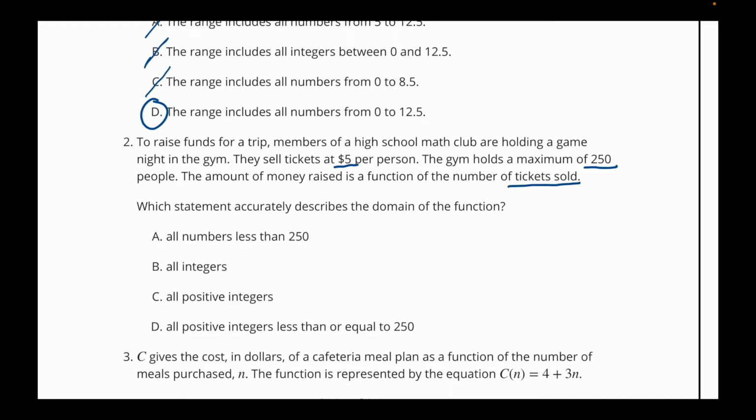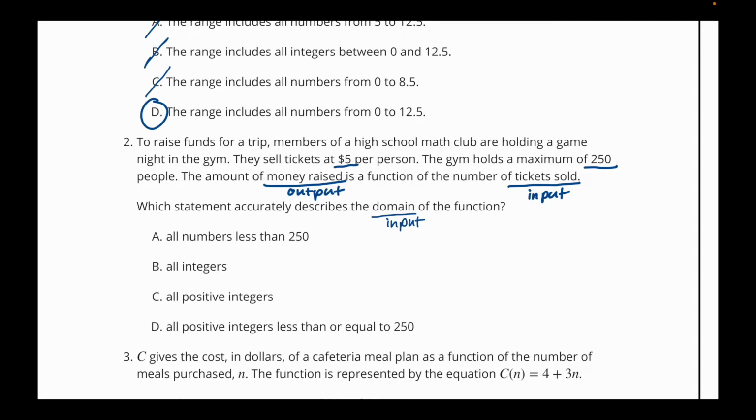So tickets sold would be input, because we have that output is a function of input. So I know money raised is my output, and that's a function of tickets sold. So the domain is all of my input values. So if they're asking me about domain, it's input. So what statement accurately describes the domain? All numbers less than 250. So 250,